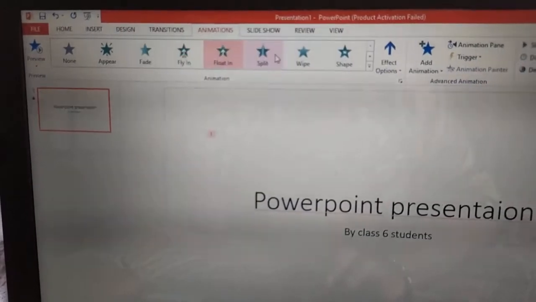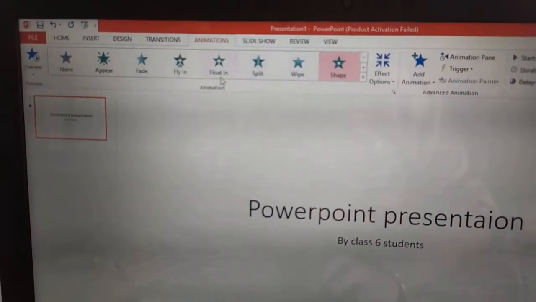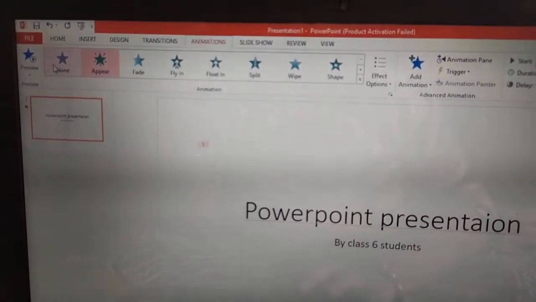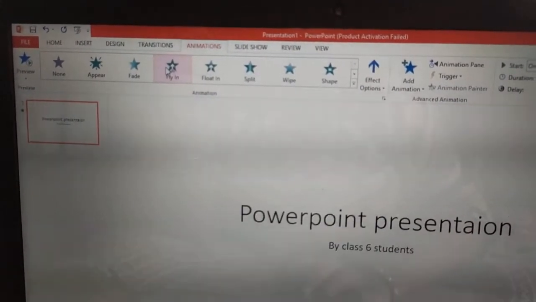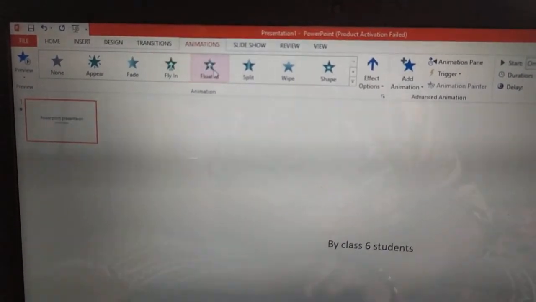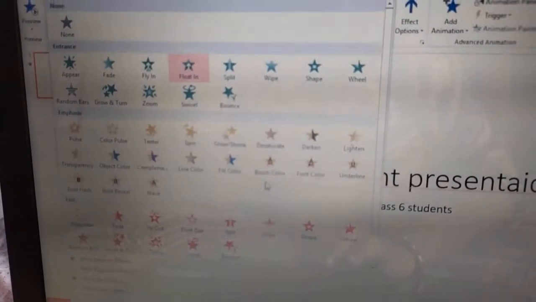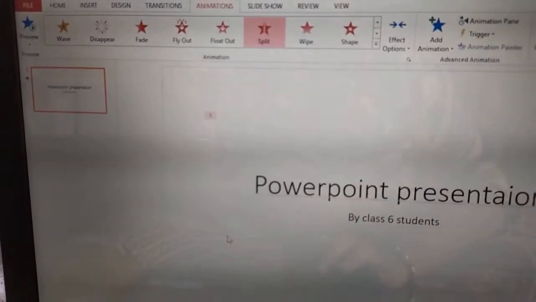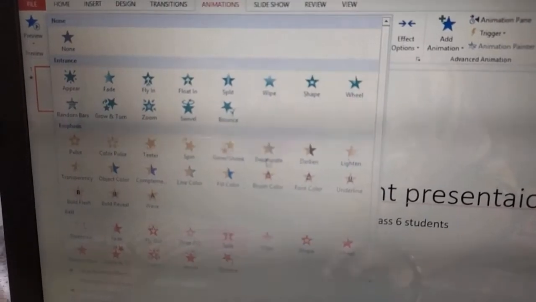If we click on any of the animations, see, the preview is shown to us. A lot of inbuilt animations are there. Okay, from there we can use it.